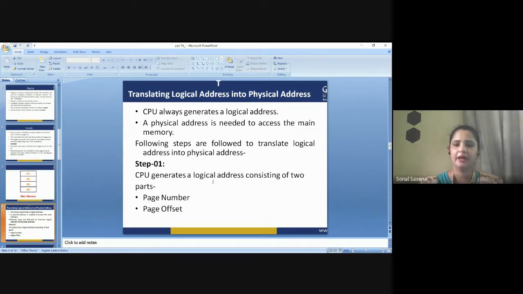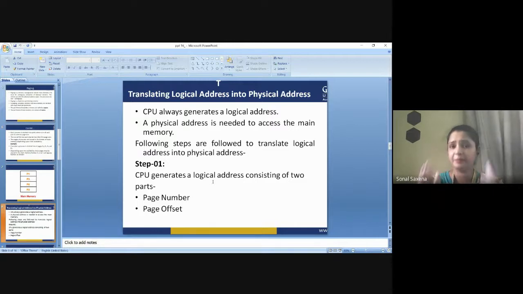Let's say I am the author of the book, and you ask me that you need to understand physical address in this book, and to please let me know the exact address of this topic. I would give you two things. One, the page number: at page number 80, you will find this topic, and on page number 80, the third paragraph is about physical address. So the logical address consists of two things, the page number. In the book example, the page number is 80. So you have been given page number 80.